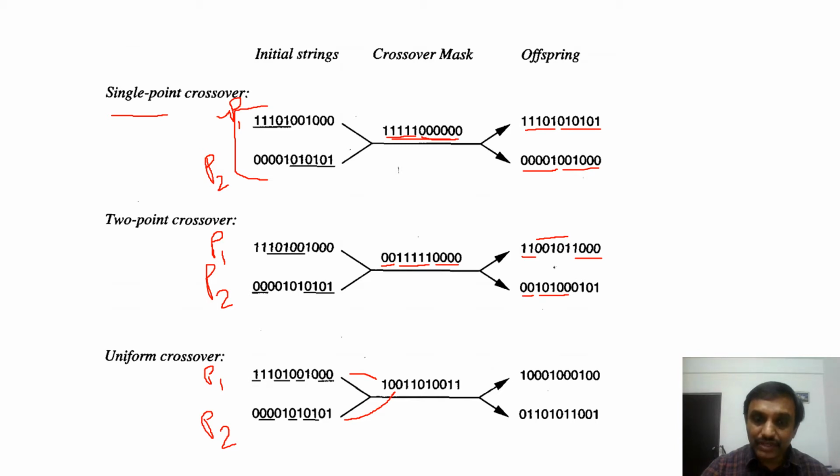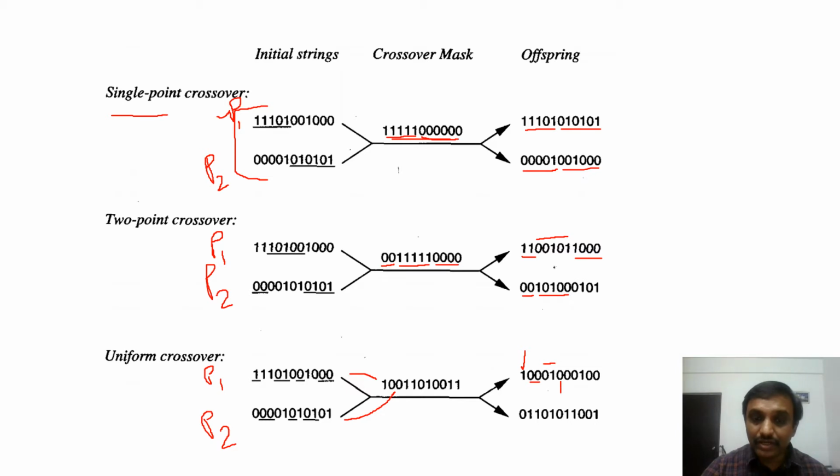Now see this one. First one is a 1 in the mask. First one is 1, we are taking from P1. So that one is here. Next two zeros, zero positions we are taking from P2. Those things we are keeping here. Next two ones, ones we are taking from P1. So 0 1. Next 1 0, that we are taking from P2. So that is 0.